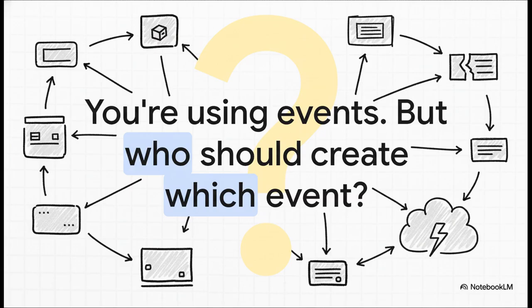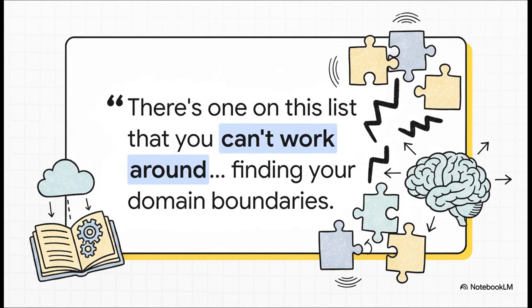How do you carve up your big, complicated business into these smaller, independent pieces that can talk to each other cleanly? This quote from Brian Zambrano, an architect at AWS, just nails the problem. You can go read a blog post to figure out which message broker to use. That's a technical problem. But finding your business's domain boundaries, figuring out where the natural seams in your system are, that's a unique challenge for every single company, and you can't just look up the answer.